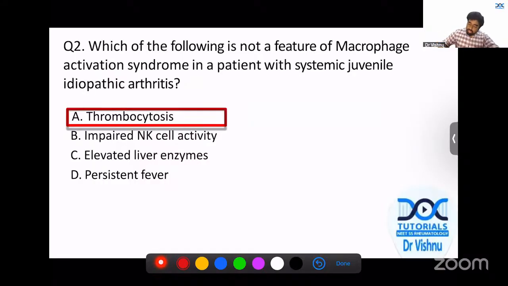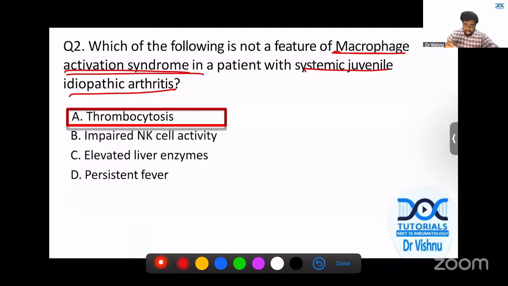Then this is again a very simple question. If you know what macrophage activation syndrome is, the first thing that you would read about it, or what we call a secondary HLH, secondary hemophagocytic lymphohistiocytosis, is that there are cytopenias. So there's no thrombocytosis. In your inflammatory disorders, maybe not your SLE, Sjogren's, etc., you see leukopenias, but in vasculitis, arthritis, you see, in the majority, thrombocytosis, leukocytosis, because it's a hyperinflammatory state, right? Similarly, in your systemic onset JIA, you will see thrombocytosis, leukocytosis, but when macrophage activation syndrome develops, then you see cytopenias, impaired NK cell activity.